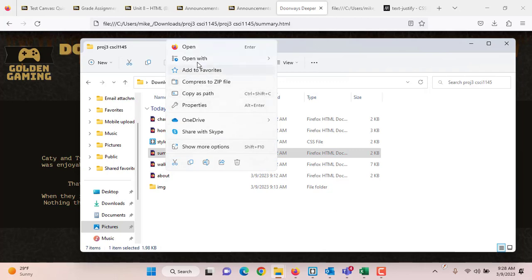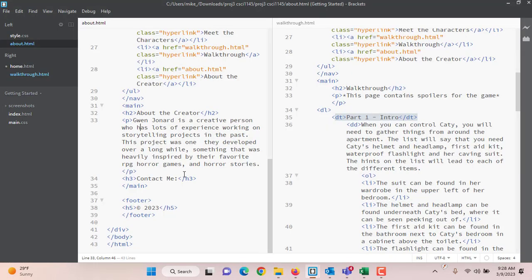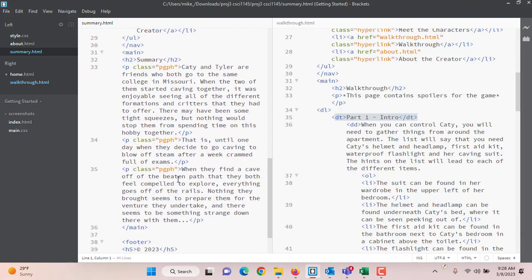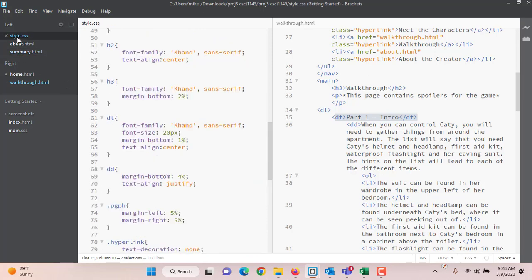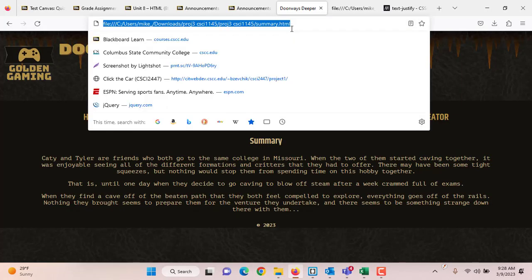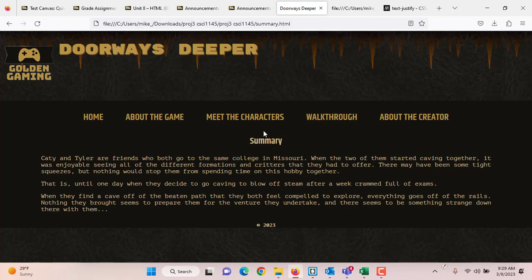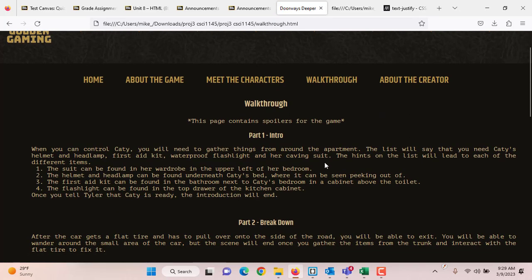Let me open up summary. Yeah, so you have, those are the paragraphs. And if you have that, simply, you can just go in, just add text align justify to that. And you would have to modify the about page as well because it's not set up similar. So I think if you do that, it's going to be definitely better for that purpose. And then when we get to the walkthrough, the other thing too, you want your list to stand out. So you definitely want to add